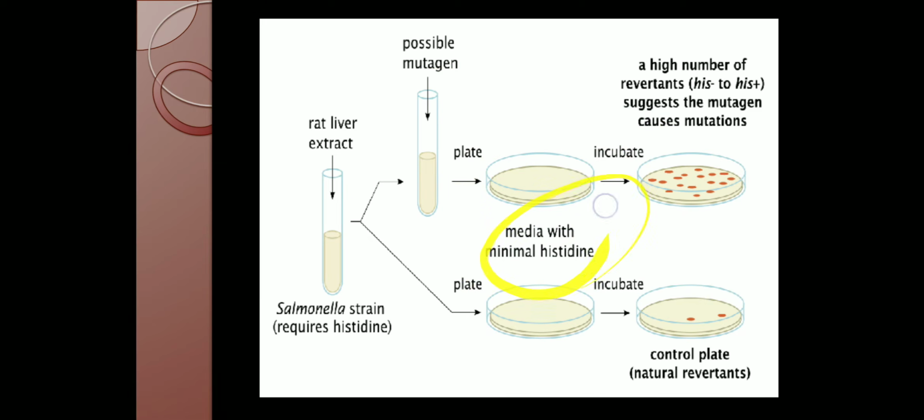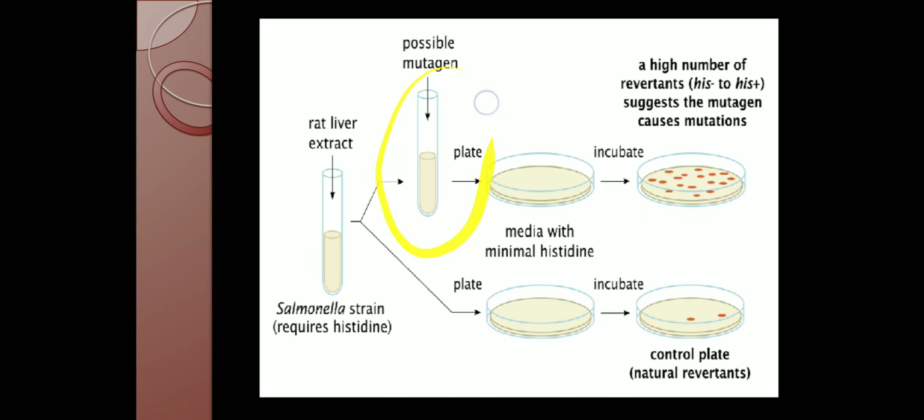So what is this minimal histidine? In this media there are trace amounts of histidine, that is a very small amount of histidine. Why are we using a very small amount of histidine? It is because if the organism has to show whether it is mutagenic or not, it has to grow. If it has to grow, it has to start replication. So for the initial replication process, for initial growth, we have to add a small amount of histidine. We have to allow it to grow initially.